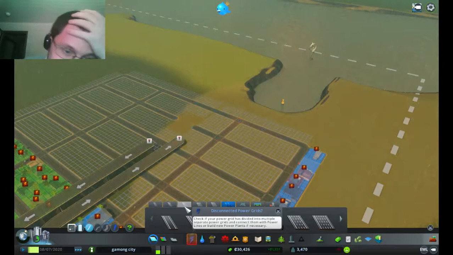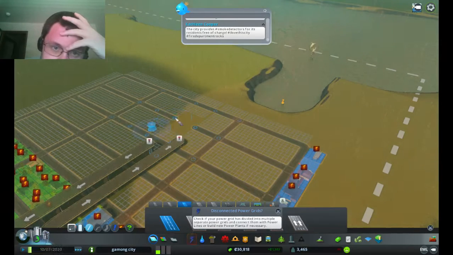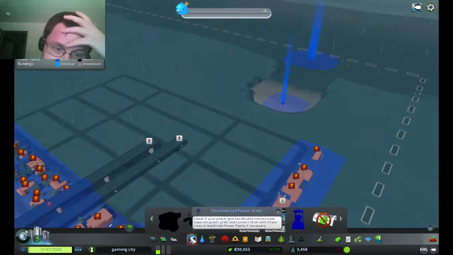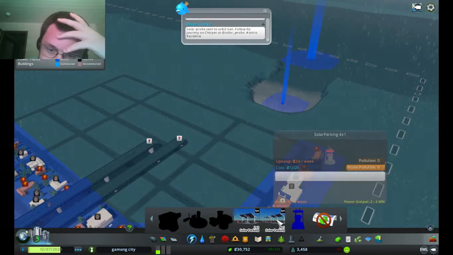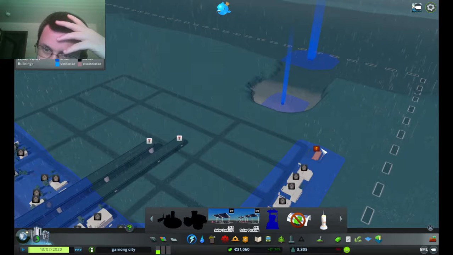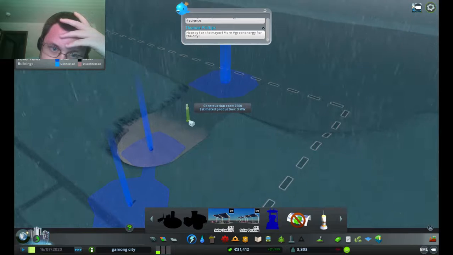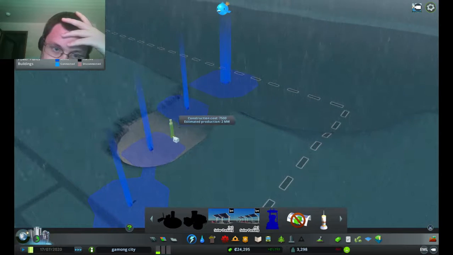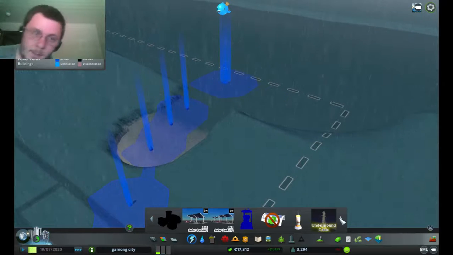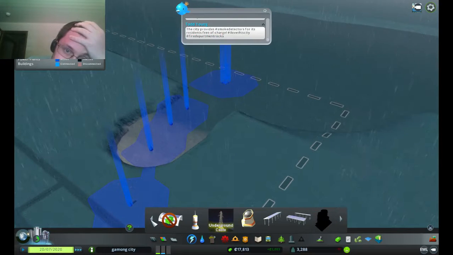But we do need to, yes, I know we need power. I'm just going to connect this real quick. Whoops. Connect that real quick. To help with this power problem, let's get ourselves a little, because there's a lot of availability, but we just need to find, hold on, let's go find